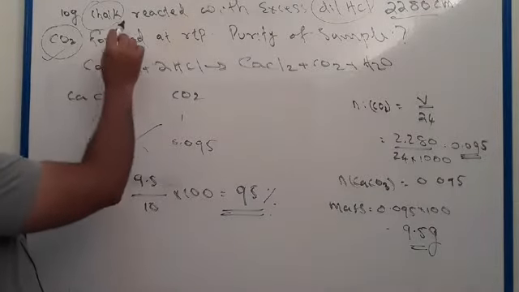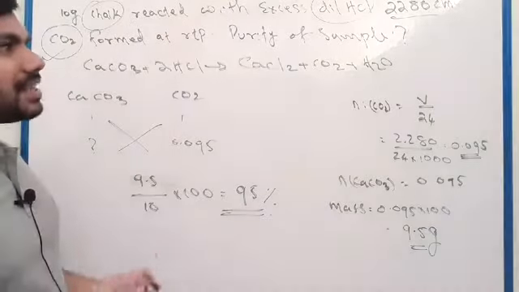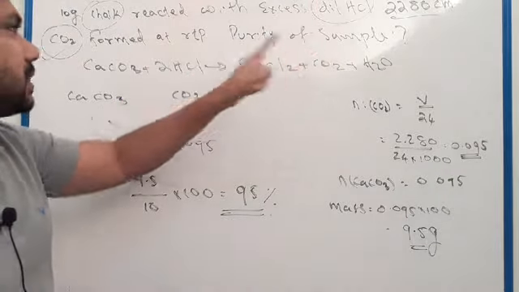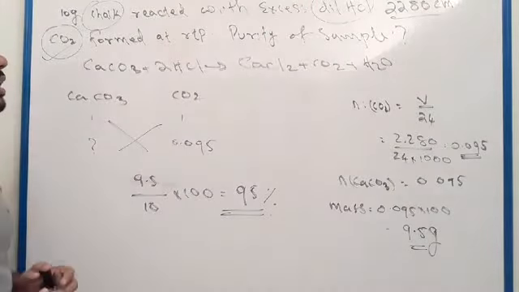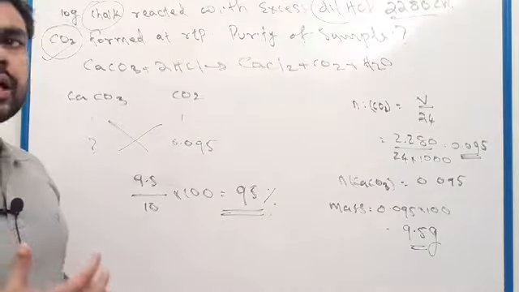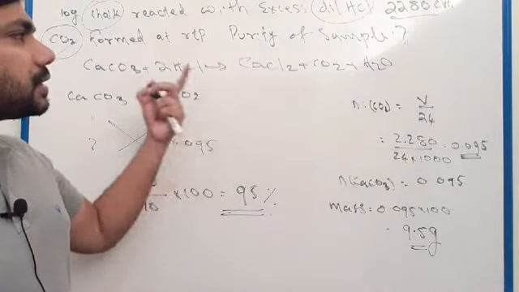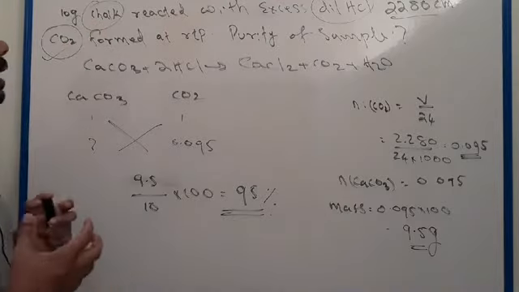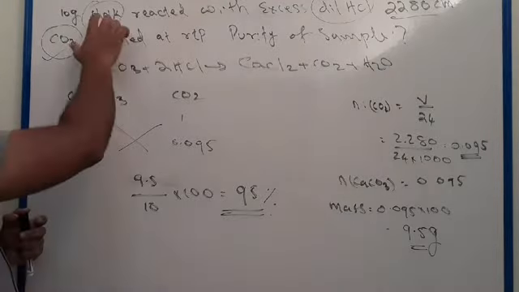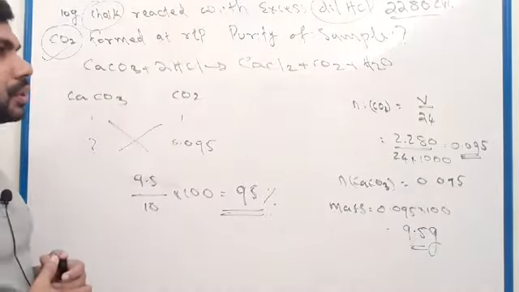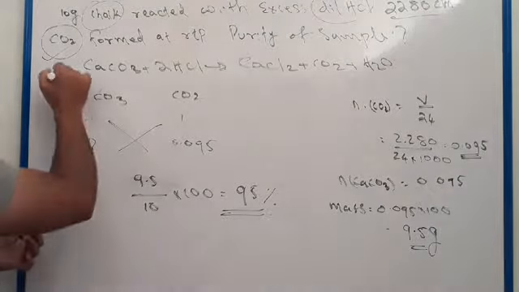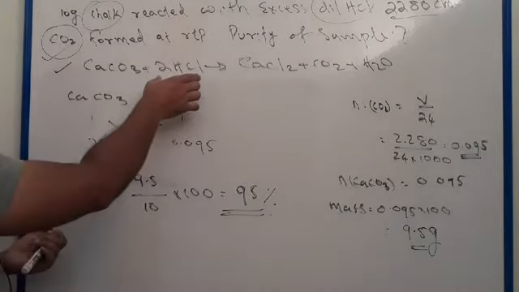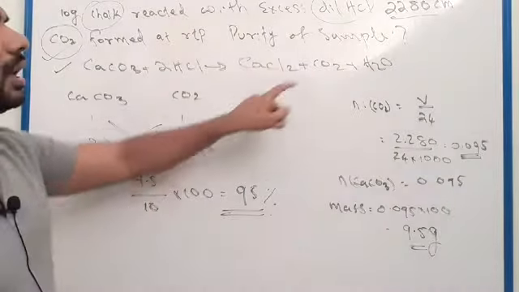10 gram chalk reacted with excess dilute hydrochloric acid forms 2280 centimeter cube of carbon dioxide at room temperature and pressure. So what is the percentage purity of this sample? Okay, we have to find the percentage purity of chalk. Clear? So here a balanced chemical reaction is given: calcium carbonate reacted with hydrochloric acid giving calcium chloride, carbon dioxide